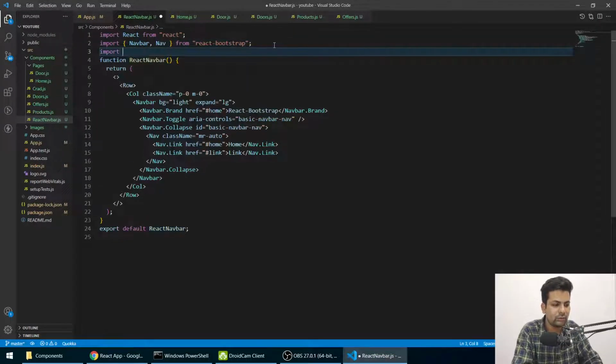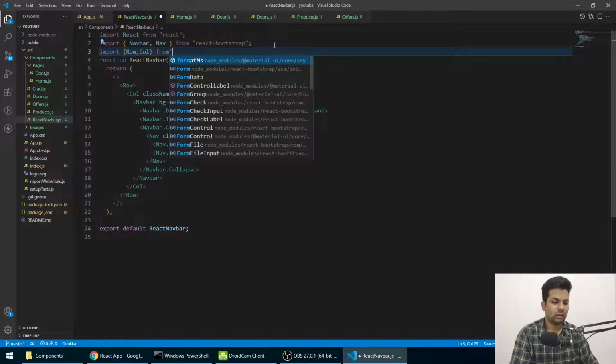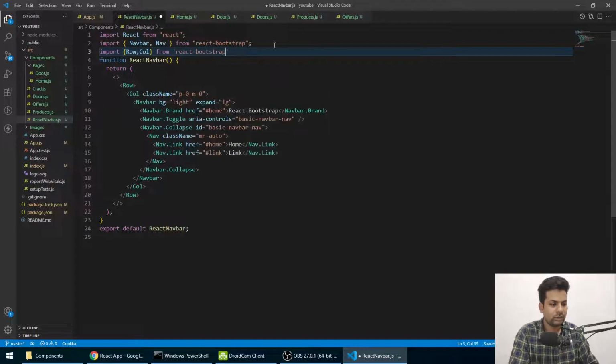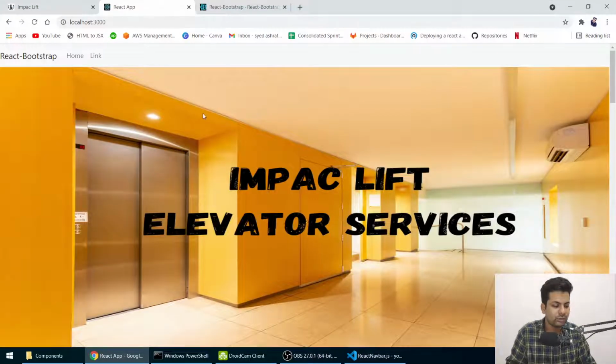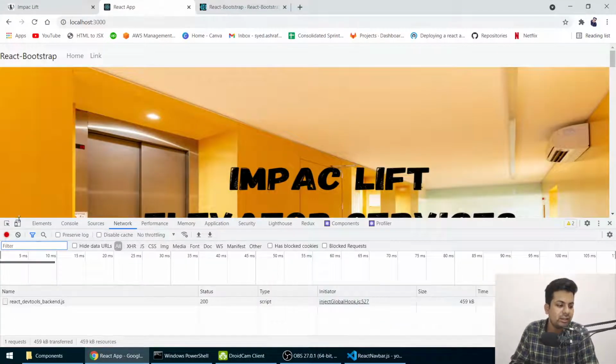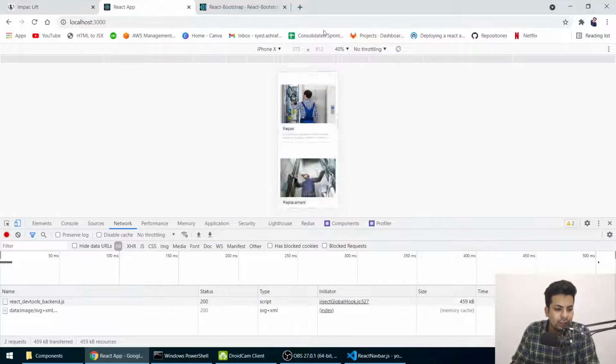So we'll say import row, col from React Bootstrap, and boom guys. Now let me check, is it okay? Everything works fine.